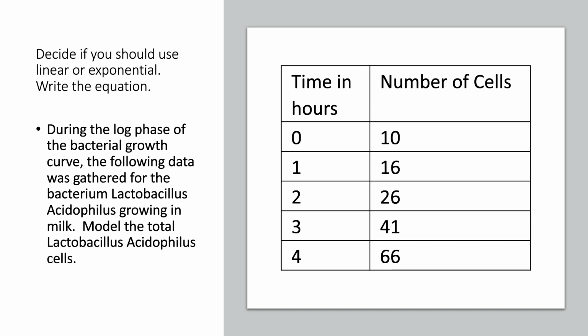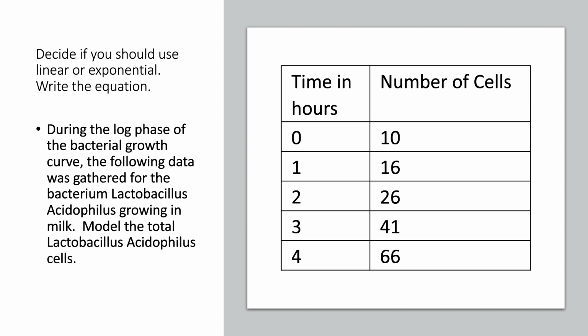In this video, we will again look at two examples. This time our examples are given to us as a table of data. And so we want to take from this video, what are we looking for when we identify data as linear or exponential? So the first one says, during the log phase of bacterial growth curve, the following data was gathered